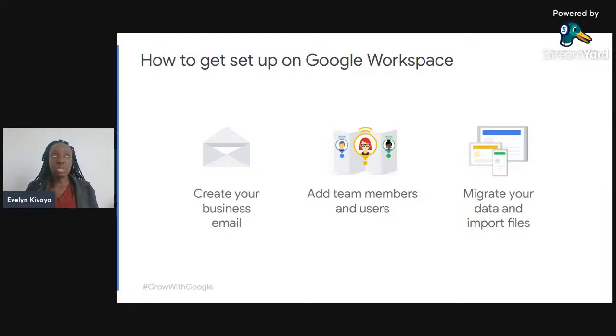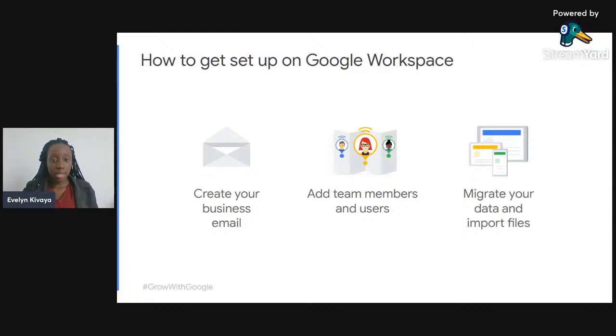And also you're able to create group business emails. For example, you've got maybe three salespeople and you want all emails entering to the email sales at fashionhub.co.ke to reach all three of them. You can create a group email, for example, sales at fashionhub.co.ke, maybe admin at fashionhub.co.ke and such. So basically that is how you add team members and users.